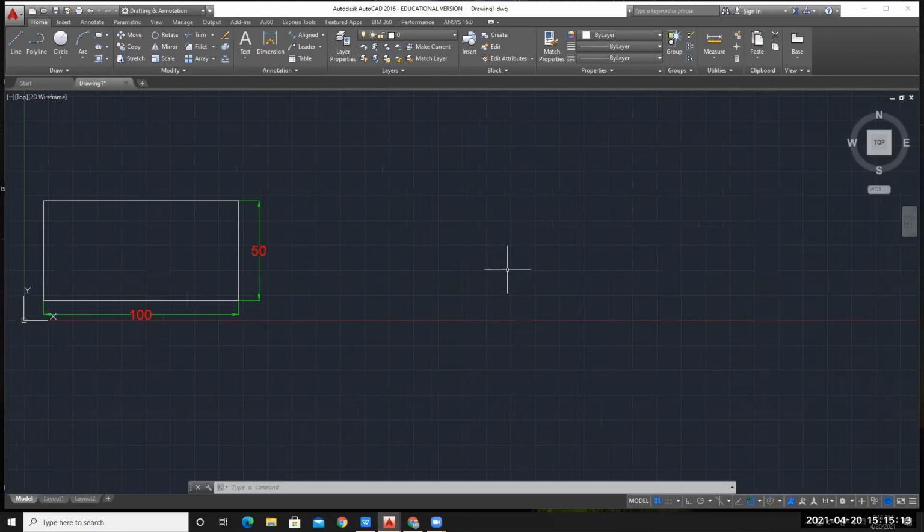Okay, so the coordinate system that I have told you, that was absolute coordinate system. In that absolute coordinate system, what I was doing, I was making one coordinate system as my global coordinate system. Okay, now if you remember, there I have written the second coordinate system as relative coordinate system. Okay, so let me explain you once again what is relative coordinate system.